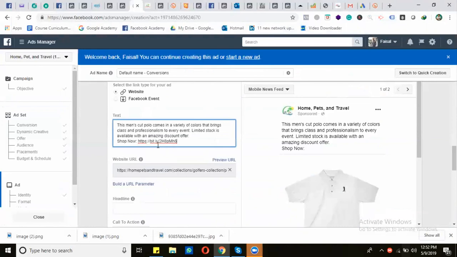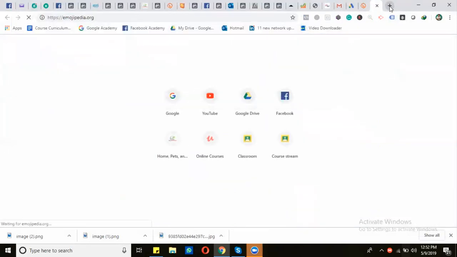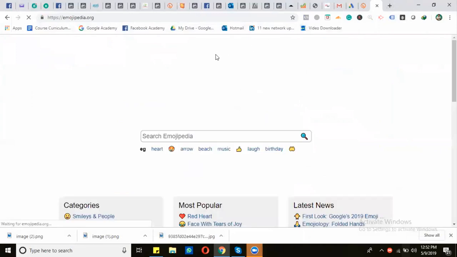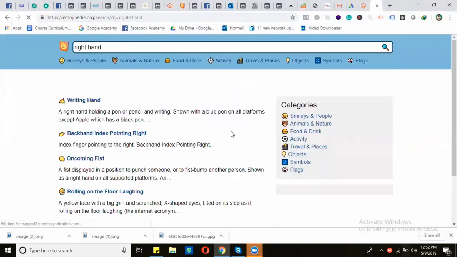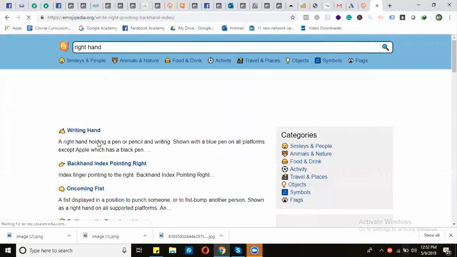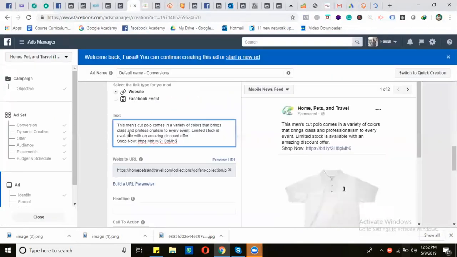Shop now. We can also put emojis here if we want from emojipedia.org, for example, a right hand, this one.